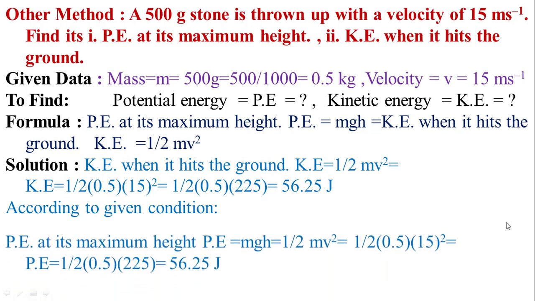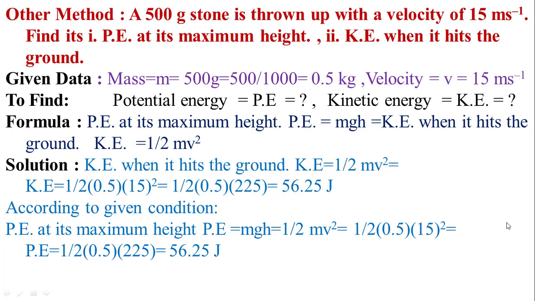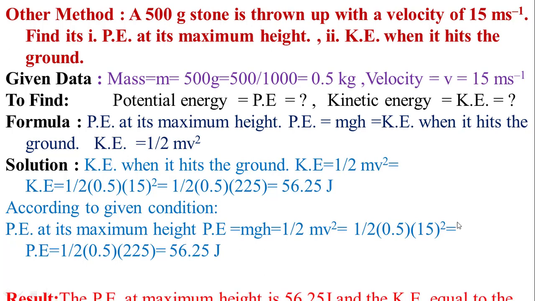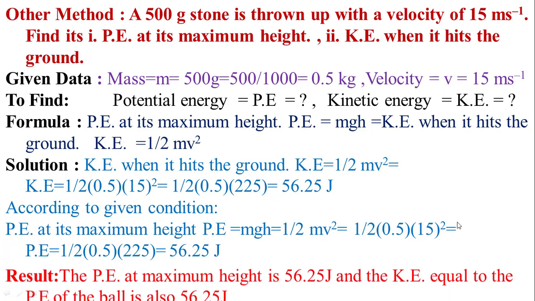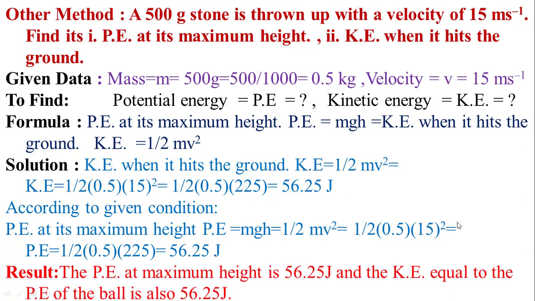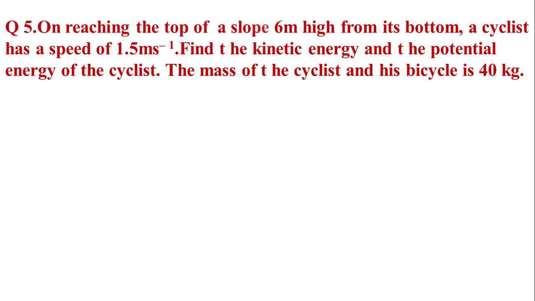Potential energy at maximum height is equal to 1 upon 2 mv square, which is equal to 1 upon 2 multiplied by 0.5 multiplied by 15 square, which is equal to 56.25 joule. The potential energy at maximum height is 56.25 joule and kinetic energy is also equal to potential energy, 56.25 joule. Now the last question,